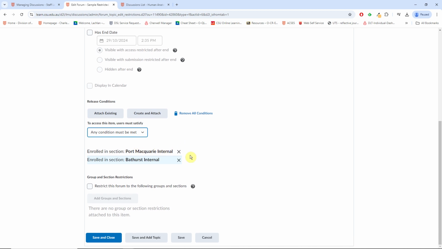You will note directly underneath that there is another option in the discussion tool called Group and Section Restrictions. It does exactly the same thing. It will allow you to check the box and then look for particular sections or cohorts of students and groups. So you can do that in the discussion tool as well, but I'm going to suggest that you follow exactly